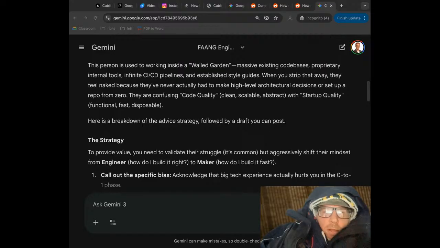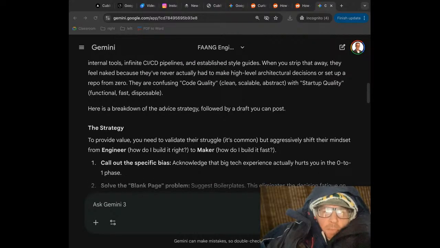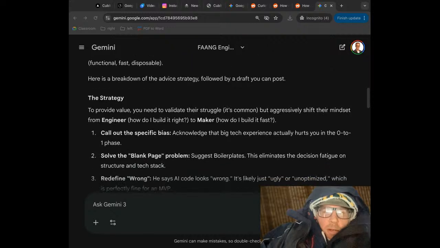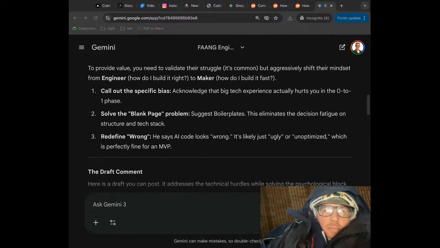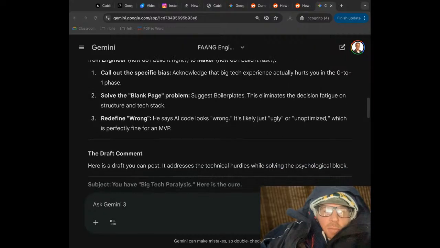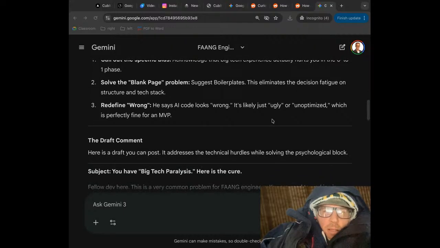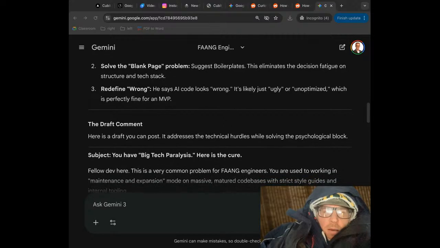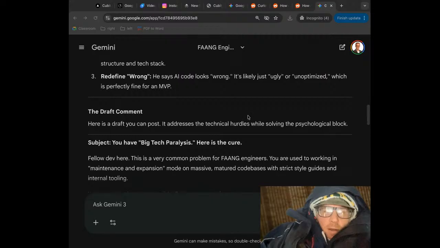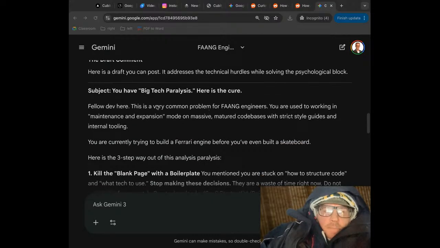When you strip that away, they feel naked because they've never actually had to make a high level architectural decision or set up a repo from zero. They're confusing code quality with startup quality. Here's the breakdown strategy to provide value. You need to validate their struggle, but aggressively shift their mindset from engineering. Call out the specific bias, solve the blank page problem, suggest boilerplate. This eliminates decision fatigue on structure and tech stack. Define wrong. He says AI code looks wrong. It's likely ugly or unoptimized, which is perfectly fine for an MVP. Okay,